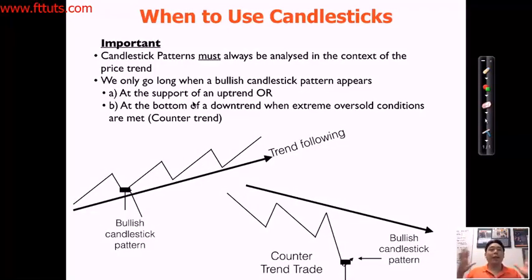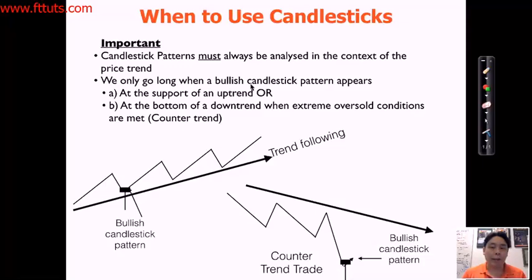So to summarize, when do we use candlesticks? Remember, candlestick patterns must always be analyzed in the context of the price trend. All right, so what's the trend? Is it an uptrend? Is it a downtrend? Is there a support? Is there a resistance level? Okay, so we only go long